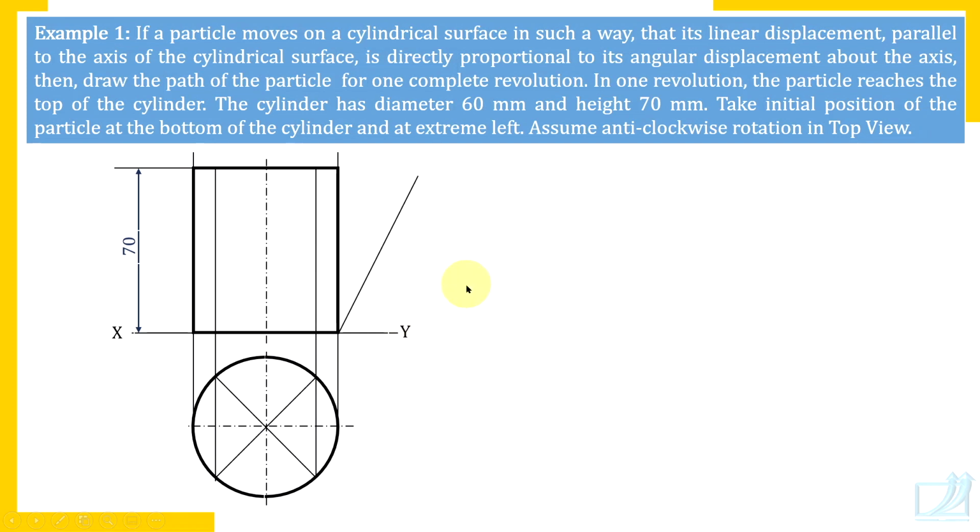Remember, you should divide pitch also in 8 parts. One more very important thing. If you divide this circle in 12 parts, you should divide pitch in 12 parts. Now we have divided circle in 8 parts, so we should divide pitch in 8 parts. So to divide this height, 70 millimeter pitch, in 8 parts, use our regular procedure.